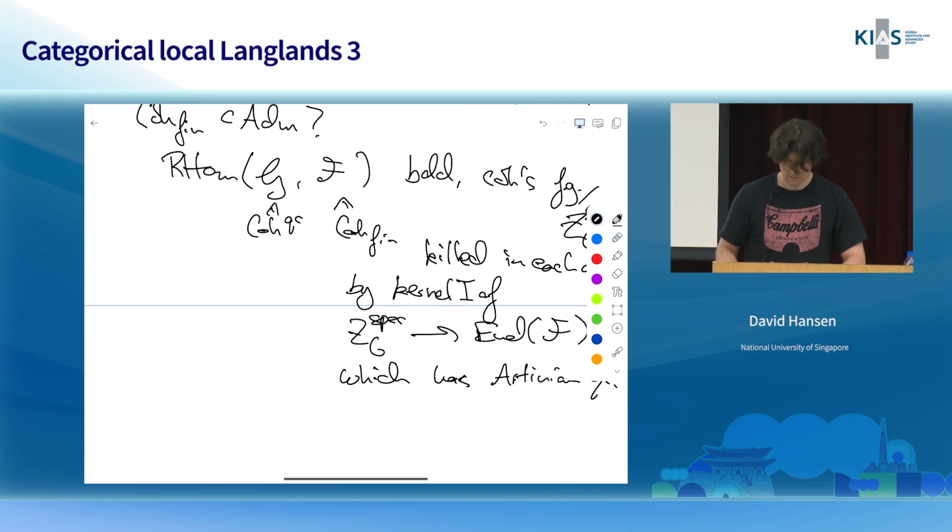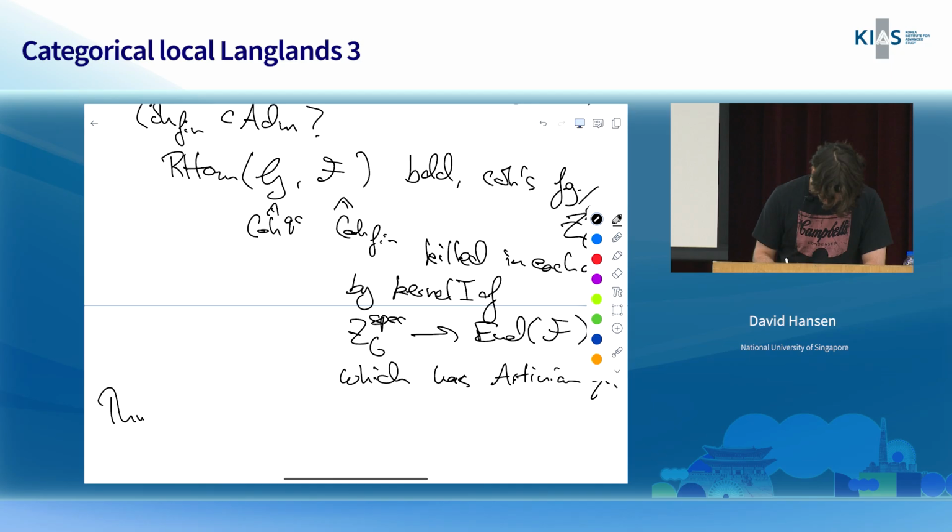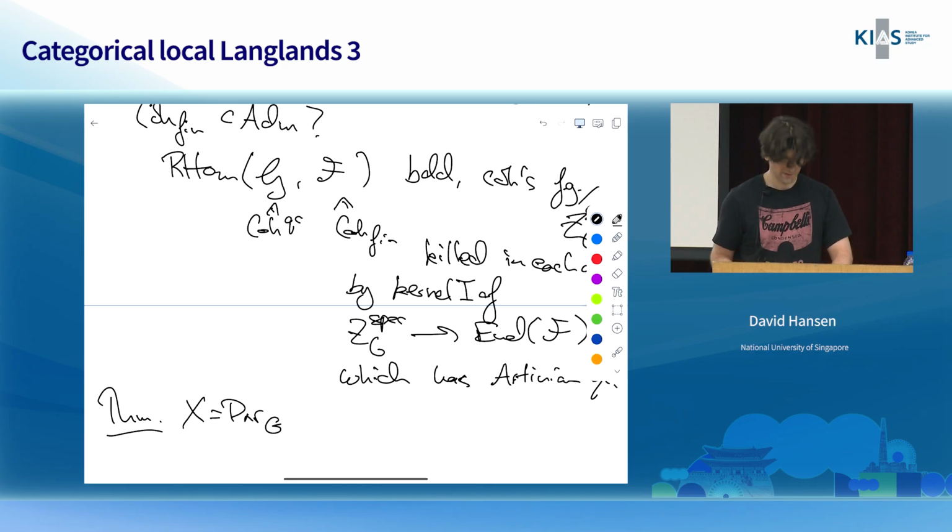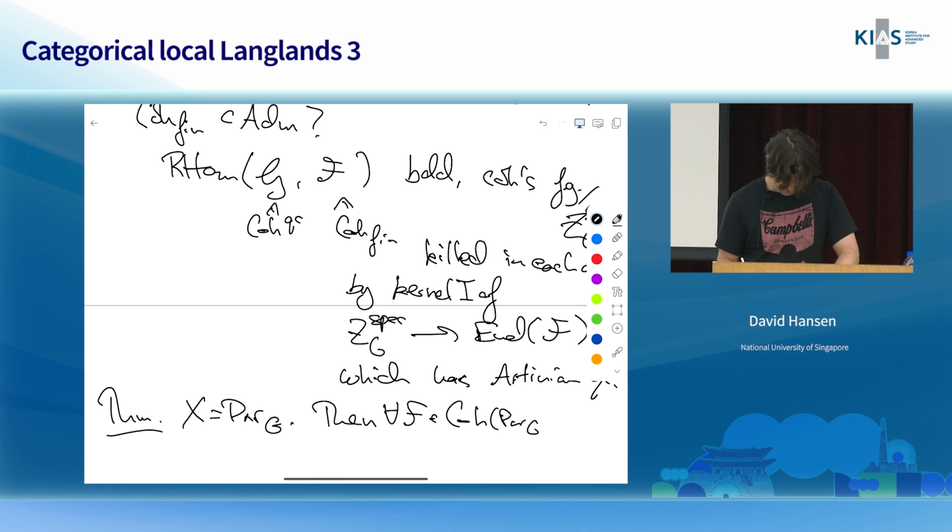Okay, I want to now just state one more thing on the coherent side. Oh, actually, how many more things do I have? Let me do two more things on the coherent side. So now just suppose that x is par G, but I'll say out loud what conditions you need for this to be true. So if x is par G, and this thing I'm writing down will be used crucially in the fifth talk in the discussion of this functor T psi. Then for F in Co par G fin,